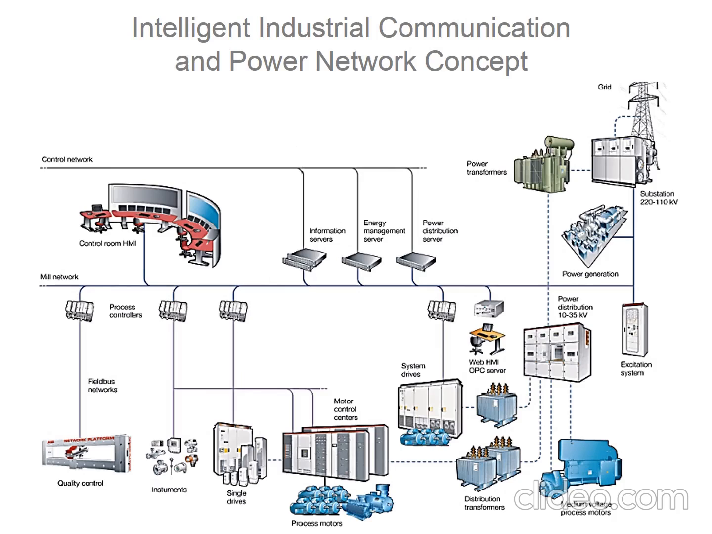This is the intelligent industrial communication and power network concept. We can see here there is a control network. There is the grid here. The grid comes from transmission, and then goes to the substation, and from the substation goes to the power transformer. And then this one is the power generation. From the transformer, there is the power distribution here, incoming, and going from the power distribution